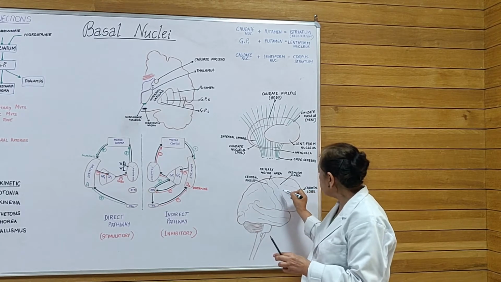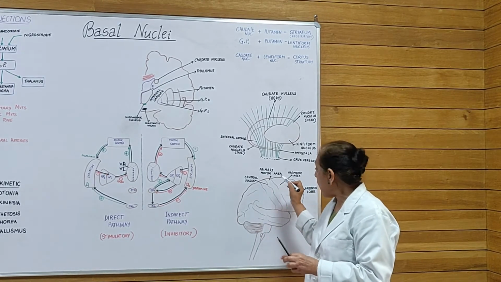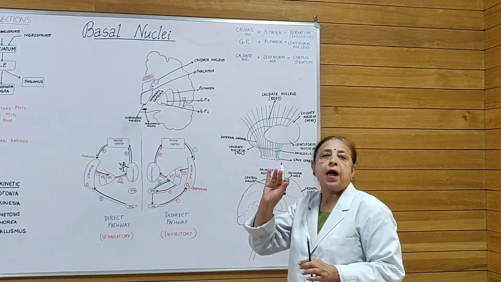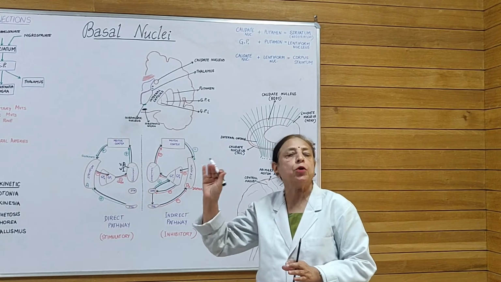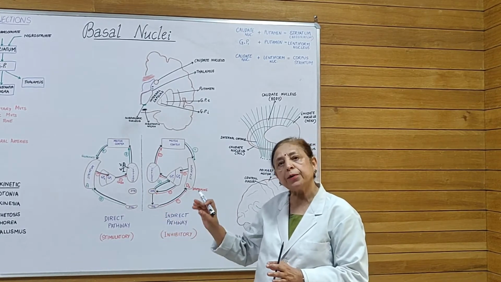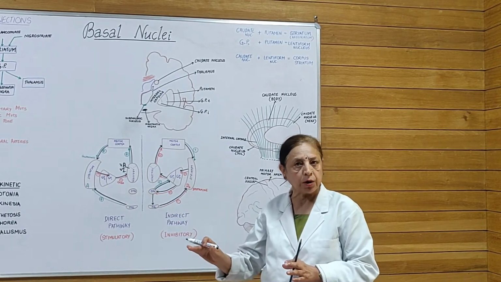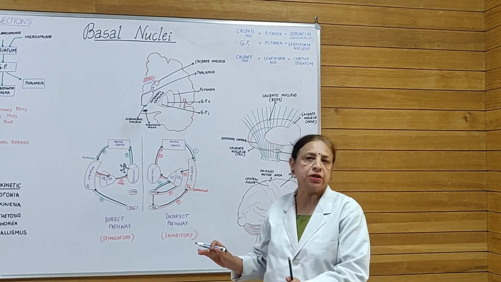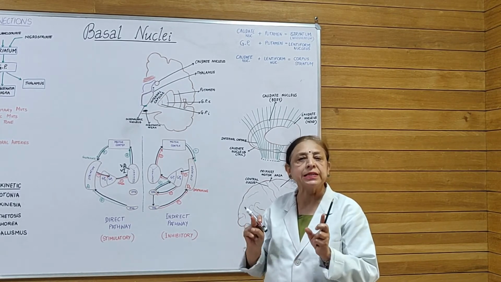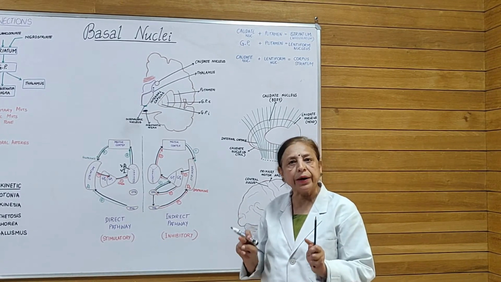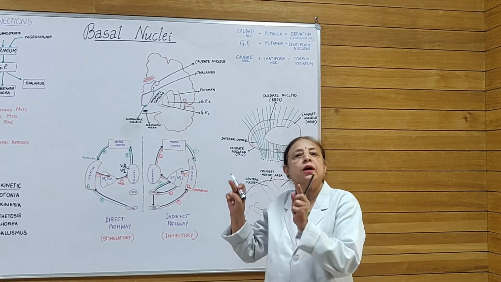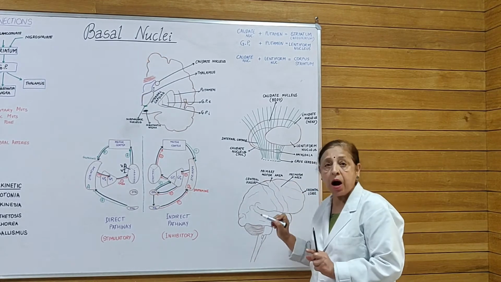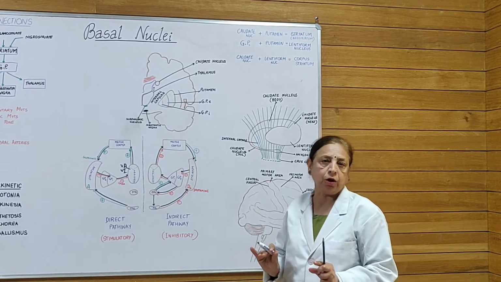So this input is going to go into the motor area, and from there, this cerebral cortex in evolution has developed after the corpus striatum. So the cerebral cortex is younger than the corpus striatum, which is phylogenetically older, so it will pay its due respect to it. It will always consult the basal ganglia, and the programs for motor movements are situated inside the basal ganglia or the corpus striatum. So now this will go and ask that I want to do this particular movement.